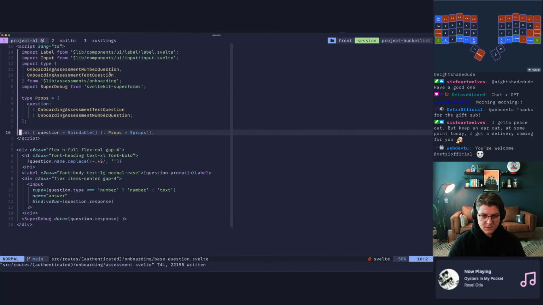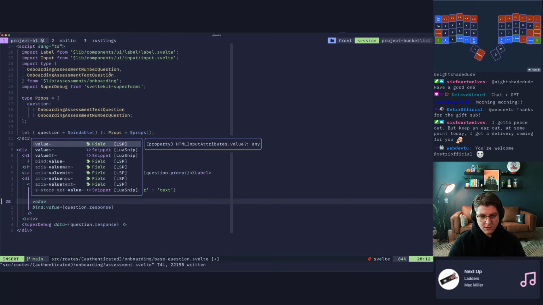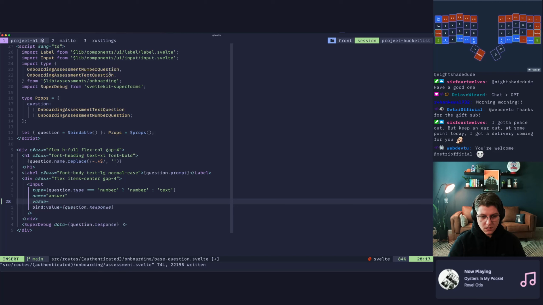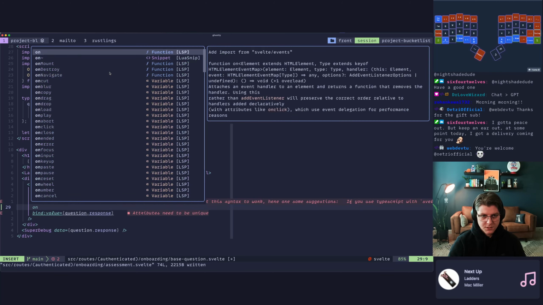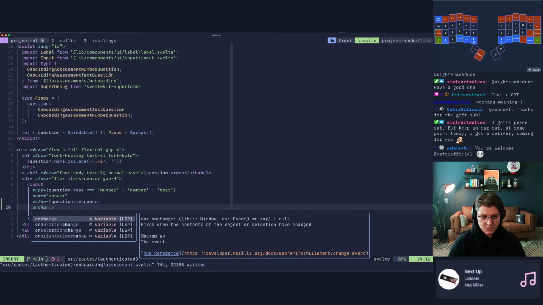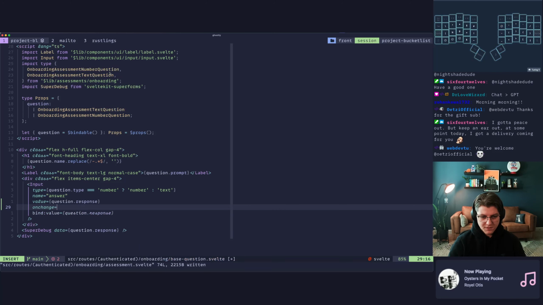So in here we get this question. So maybe rather than binding on the value in here, we have a value that is going to equal question.response. And then we just add an on change, and this will be a function that gets, I'm assuming, value. It might be an event.